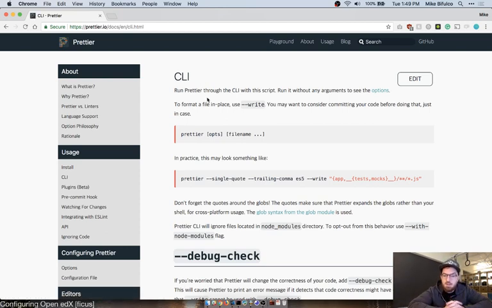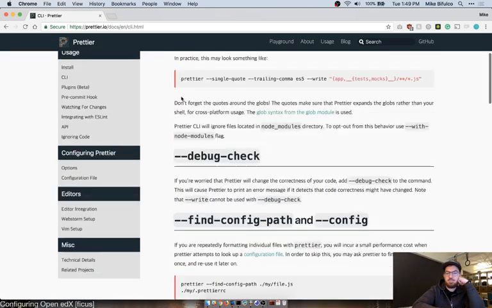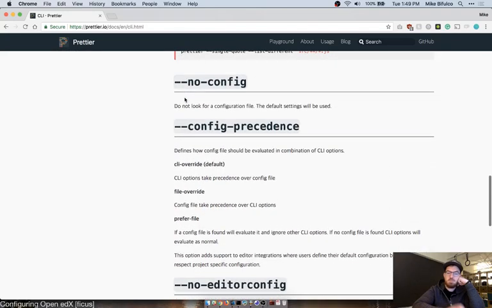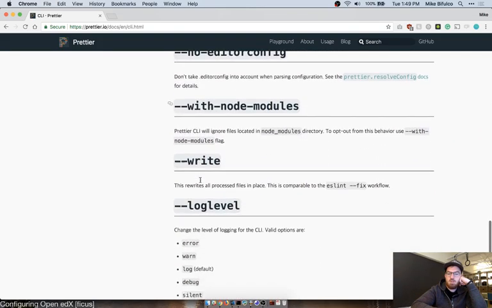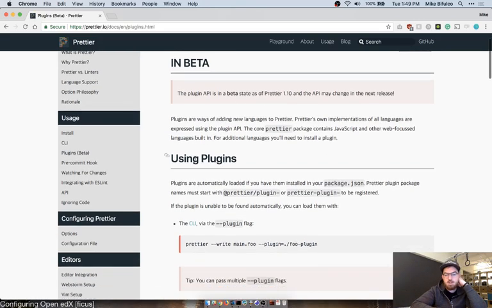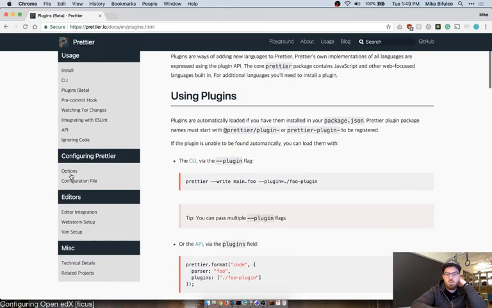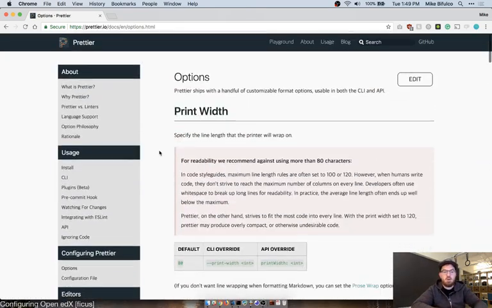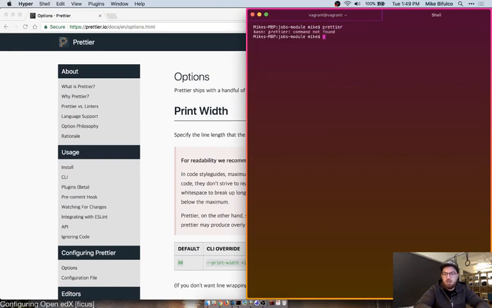Run Prettier through the CLI with this script. Run it without any arguments to see the options. Okay, let's look at configuring it. Well, actually, let's just start with prettier.